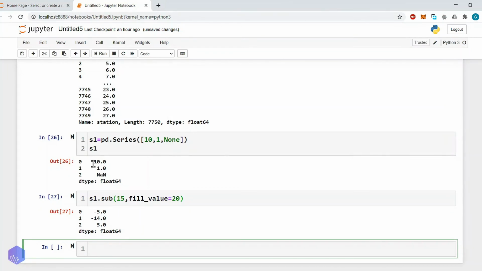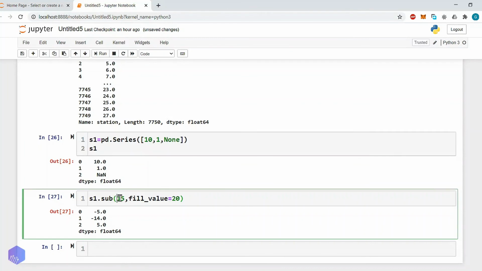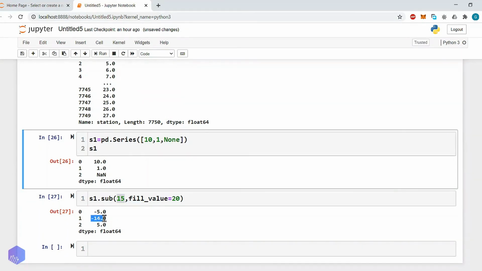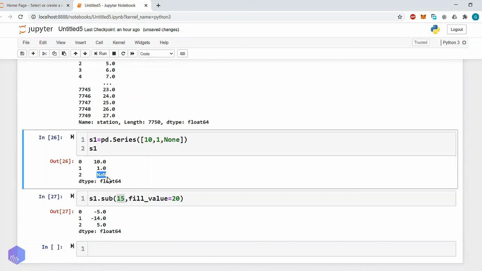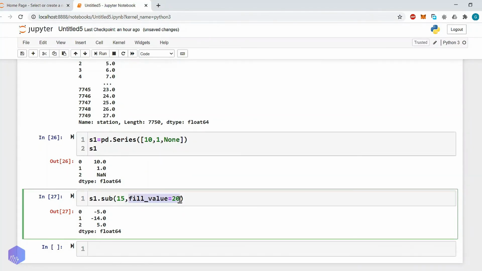Wherever there is a numerical value, meaning a particular value is present, then 15 will be subtracted. So 10 minus 15 is minus 5, then 1 minus 15 is minus 14. But let's have a look at the last element. That is not a number, not available, missing. So in that case what will happen? First that value will be filled by 20 and then 15 will be subtracted from the 20.